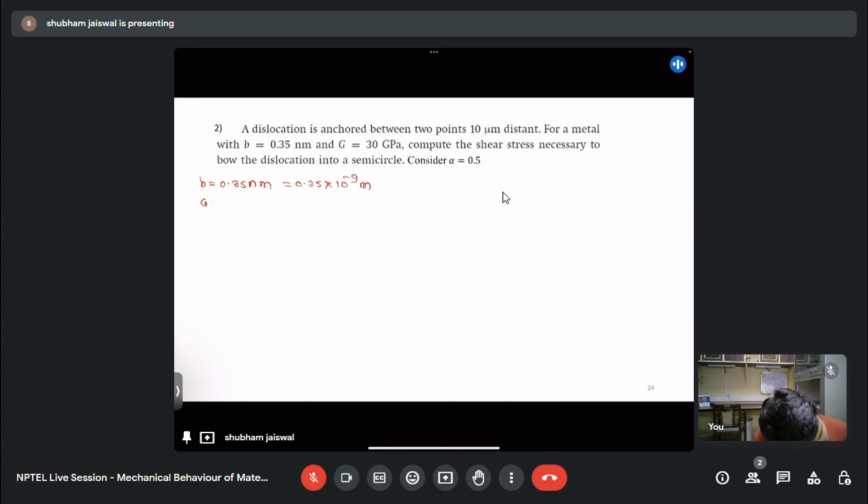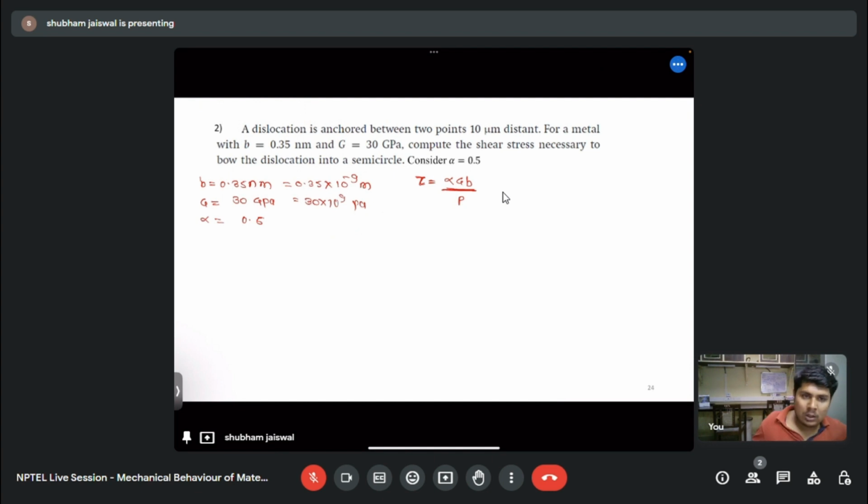Similarly, G is given, that is 30 GPa or 30 into 10 to the power 9 Pascal. And alpha is given, that is 0.5. So the shear stress needed to bow the dislocation is given by tau equal to alpha G b upon